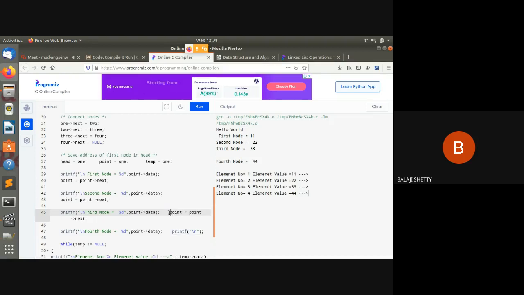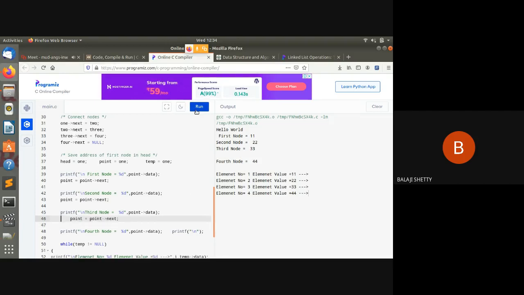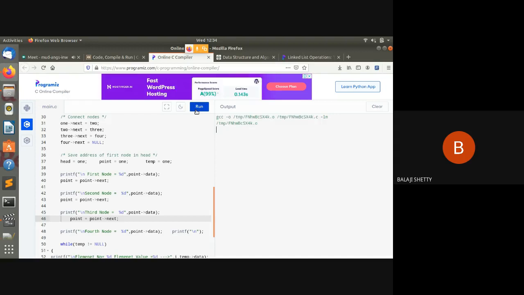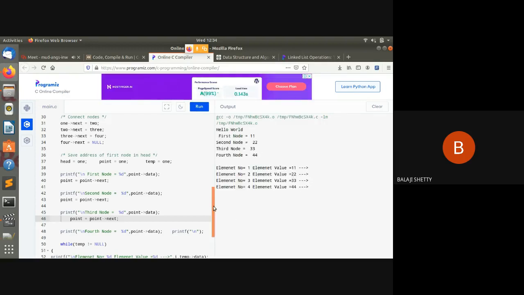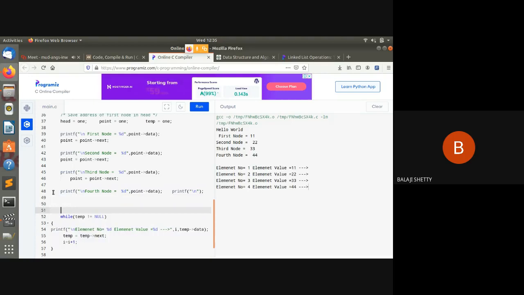What happened? I have just created one more node and you can see the output. So this is the output. Okay, or I make it more simple so that you can see the linked list.